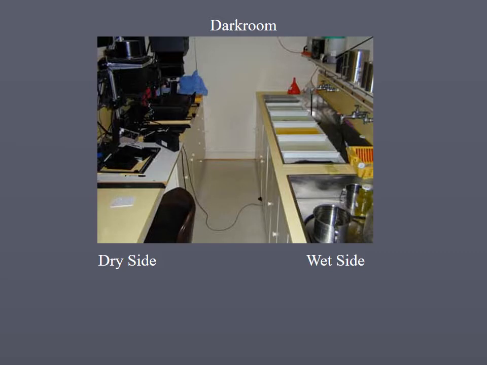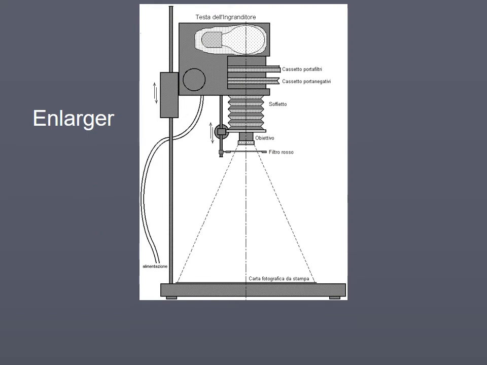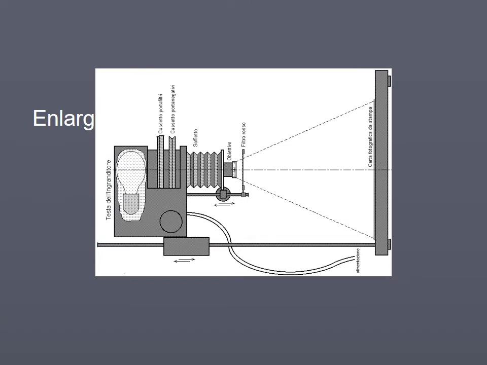So now you've got a negative, and you go into the dark room with that negative, and you go first to the dry side. There are two sides in the dark room. There's the wet side that has all the chemistry, and then you have the dry side. In the dry side there's an enlarger. What does that look like? I'll turn it sideways. What does it look like? Yeah, it looks like a camera, except the light is inside of the camera and coming out rather than going into the camera. So you're reversing the process.